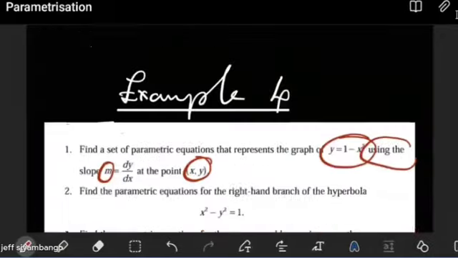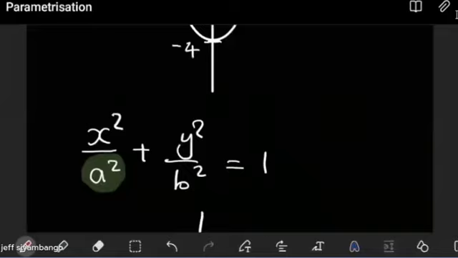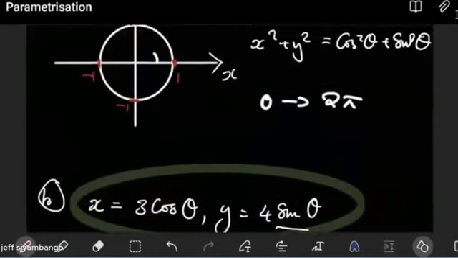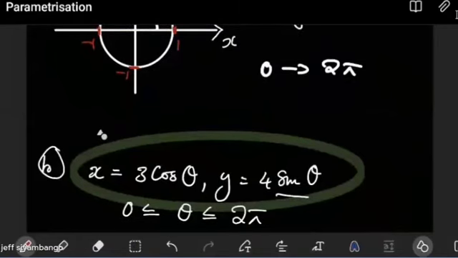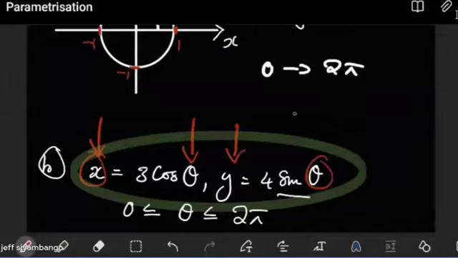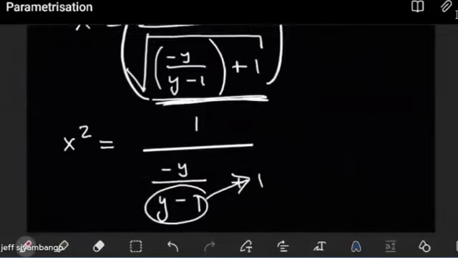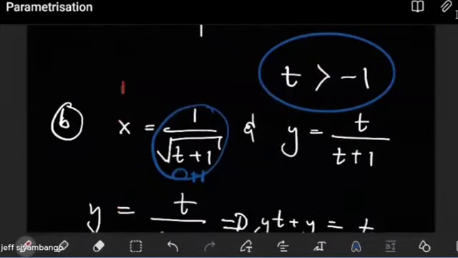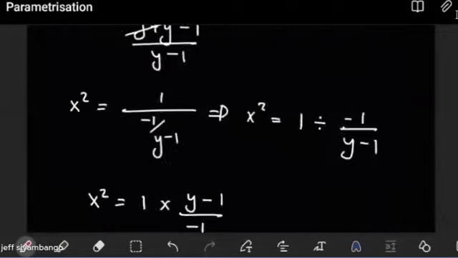Now look at the other questions where they gave us the parametric equation. How were they writing them? Notice that the parametric equations were in terms of x written in terms of the parameter itself. So x was written in terms of theta here, y was written in terms of theta. Even in the other case, you observe that when it came to parametric equations, you had the variables x and y written in terms of the parameter we're dealing with. So